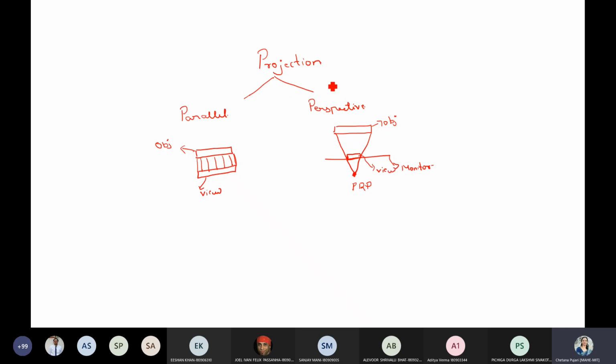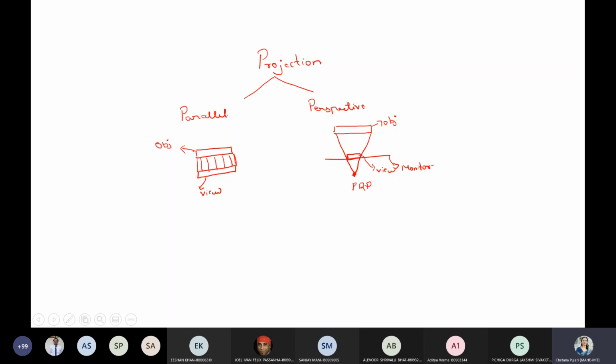So when I say projection, if it is a parallel projection, it will have the same size as your object, and the lines will be parallel to each other. If it is a perspective, then the lines will be focused towards a specific point, known as the projection reference point, and based on where it intersects with your monitor, you are going to display your view.